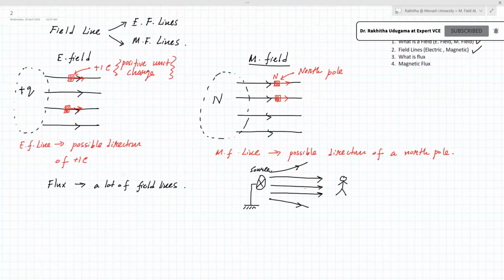It's very easy. Okay, so now with this description, you can see there are 4 field lines. So you can say this is flux. Okay, so overall this is an electric flux. And in magnetic fields, you can see a bunch of field lines going away from this north pole. So this is flux.